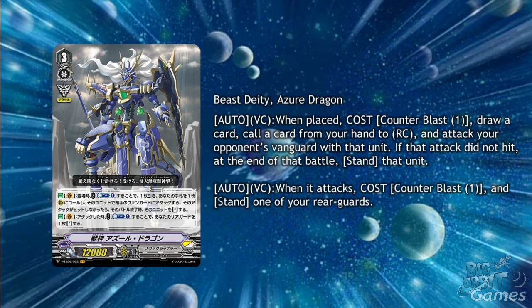The second skill is Auto Vanguard Circle. When it attacks, cost Counterblast 1 and draw and stand one of your rearguards. A simple but very useful skill. Its second skill is strictly worse than Perfect Risers, but the first skill helps Nova Grapplers stay alive, which is